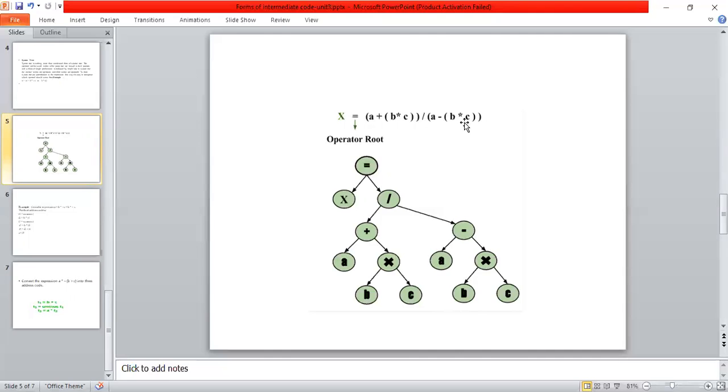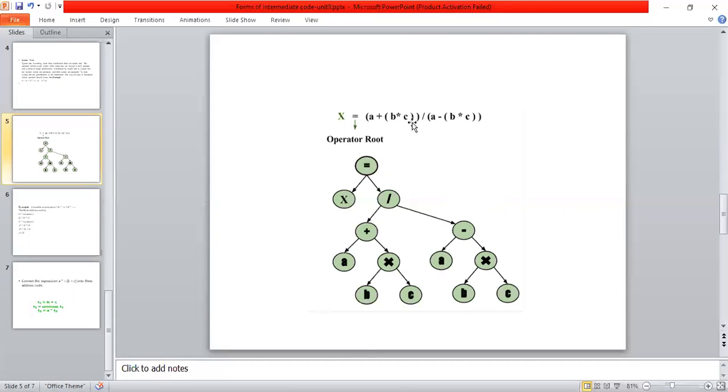Multiplying b and c, the into is the intermediate node, and b and c are called child nodes. This entire result I'm subtracting from a. So it can be represented as a minus this right side, which is nothing but b into c. This entire thing is called the right child, and this is called the left child.